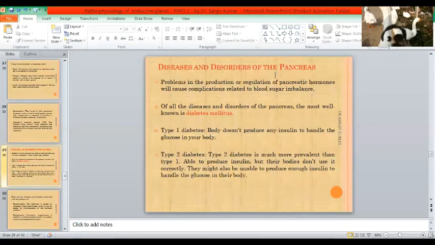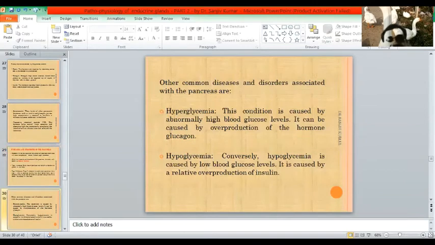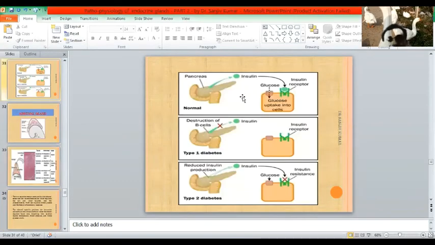The disorder of the pancreas is basically diabetes mellitus. The most important condition due to disorder in the pancreas is hyposecretion of pancreatic hormone, basically insulin, which leads to diabetes mellitus, and it is usually of two types: diabetes 1 and diabetes 2. What are these 1 and 2? Other than diabetes, there can be hyperglycemia, where the level of glucose will increase. There can be hypoglycemia. You can easily understand this. But to discuss are DM1 and DM2, diabetes mellitus 1 and diabetes mellitus 2.